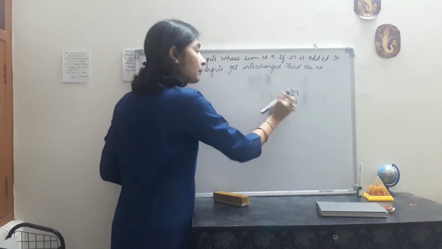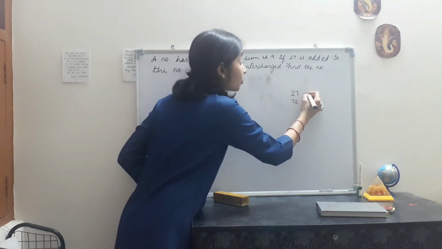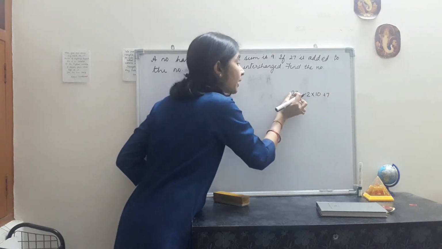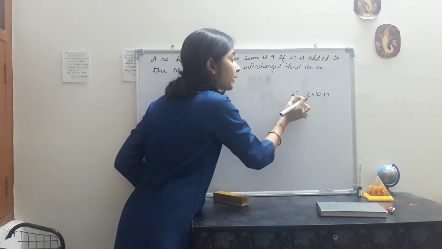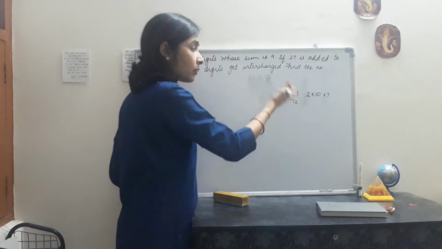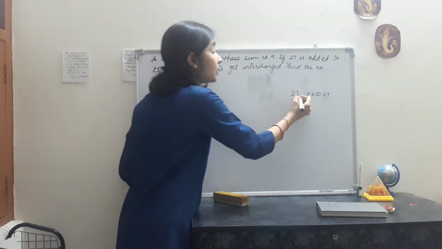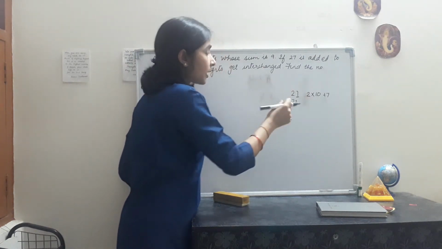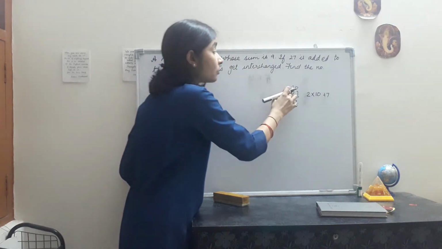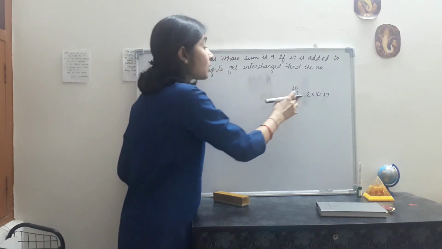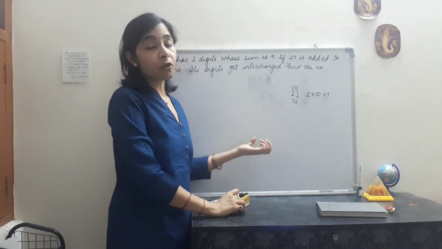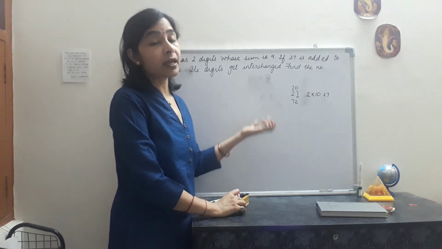Now the next thing is, how is a number formed? If I take the example of 27 itself, then how is it formed? 2 into 10, plus 7. That means the number at the tens place is always multiplied by 10 and added to the number at the units place. That is how a number is formed, because the units place number is only at the place of unit, that means it is a single digit, and the tens place number is in tens. That means its place value is 20. So how is it formed? 2 into 10 plus 7.